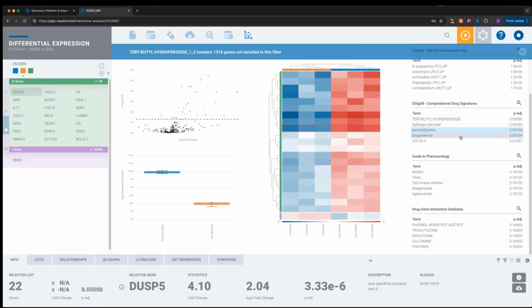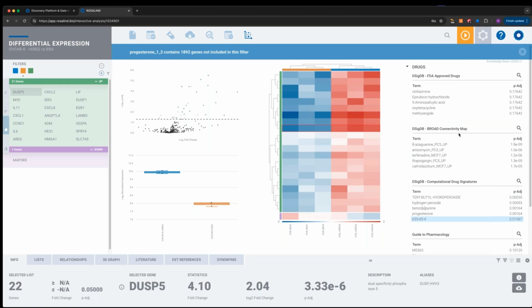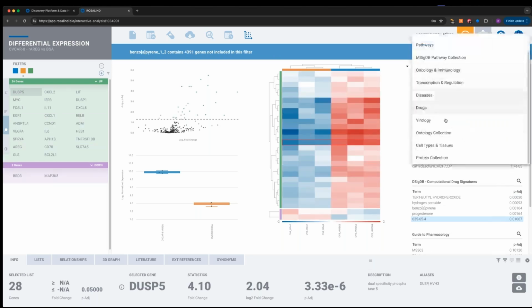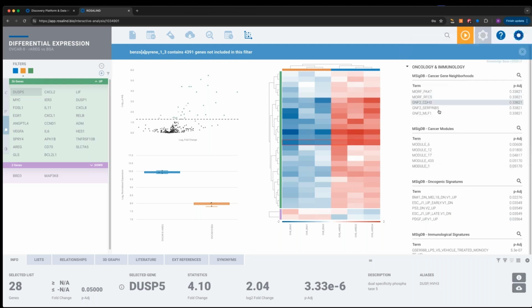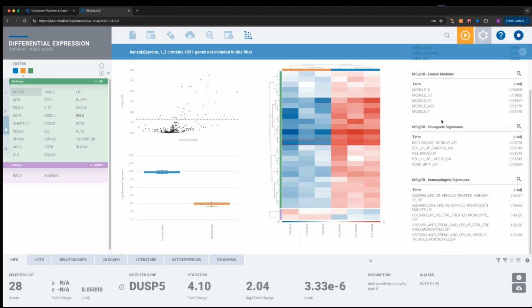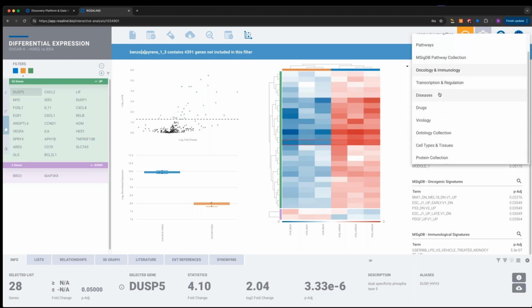This is a really great section for anyone working in drug development. That's one of my personal favorite sections here. As I'm going up and down here, there's a lot of information to look at, a lot of terms, a lot of databases, and now we can bring Rosalind Intelligence in. Our approach here is to apply 50 additional knowledge bases with thousands of terms to give you the most comprehensive pathway analysis you can get, but we want you to extract as much information out of it as you can.